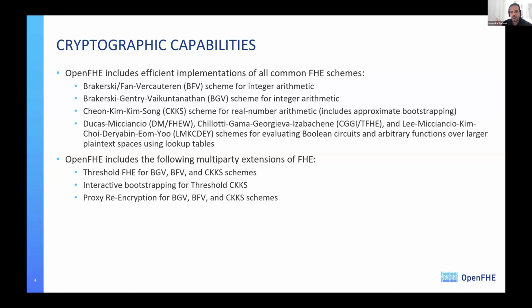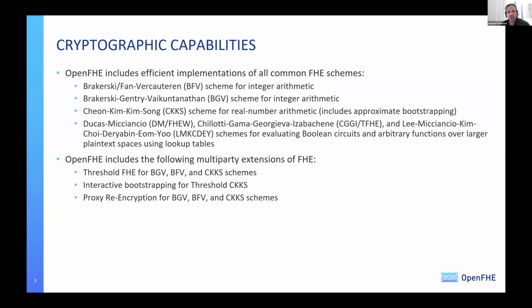Each party encrypts on its premises, and they send their encrypted ciphertexts to an evaluator, which can do some computation over these ciphertexts, and the result will be sent back to the users, who can enroll in what we call threshold decryption or distributed decryption to decrypt the results and learn insights from them. So threshold FHE is used for the multi-party case, when you have multiple data owners.